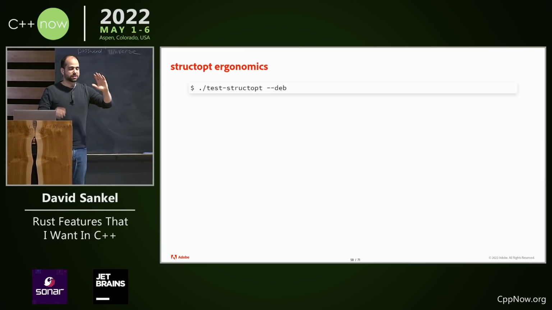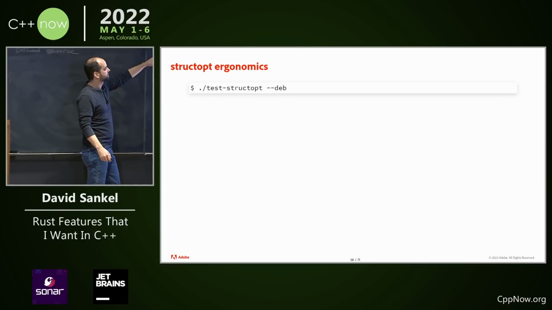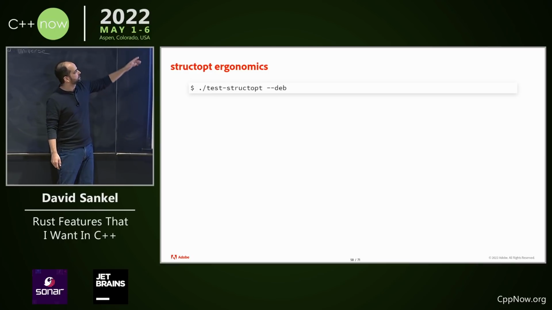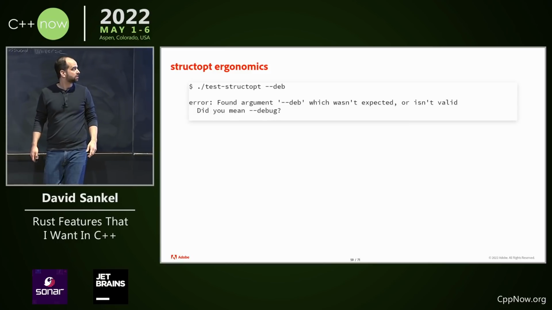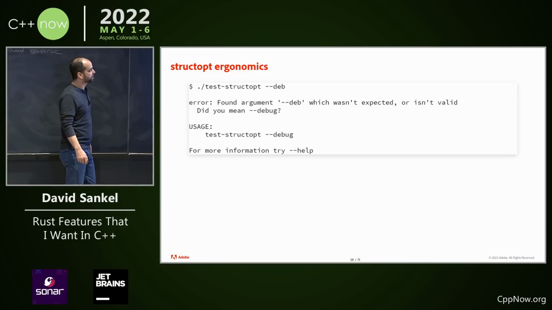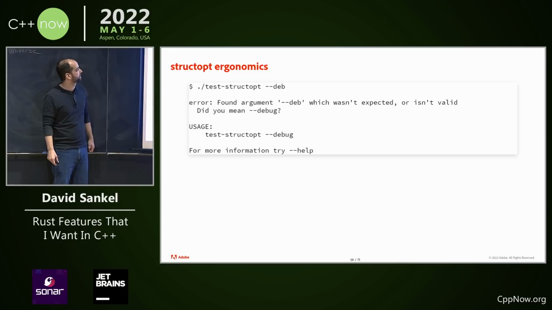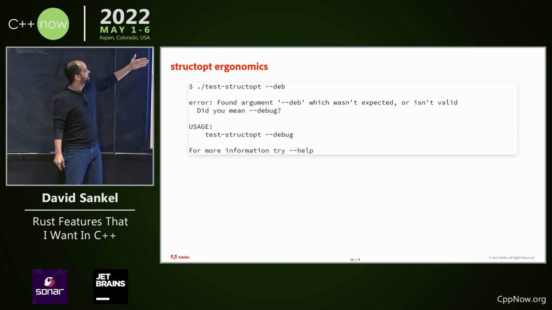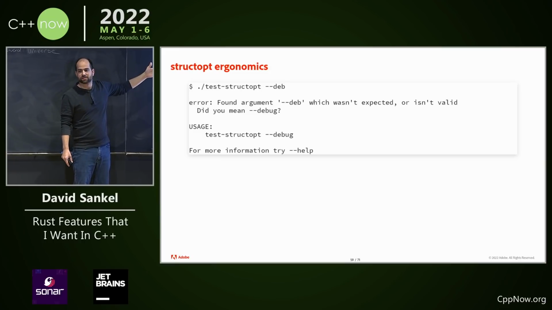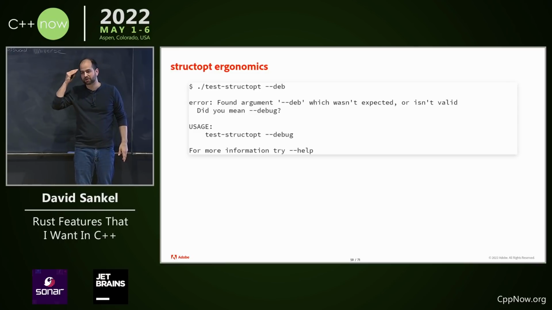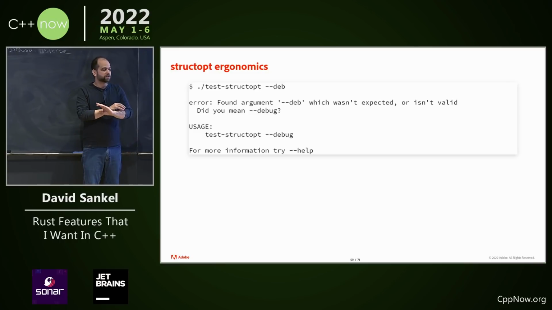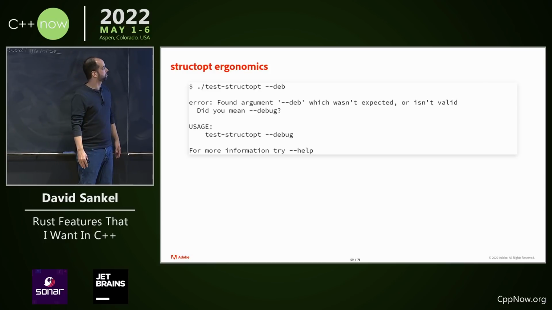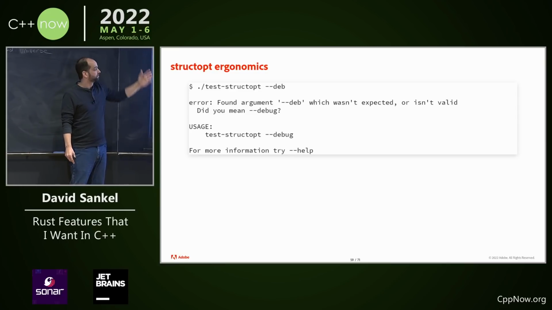They think about ergonomics through everything. So remember that example that I had, that structopt thing? I just tried it, I just put --deb. That's not correct. Here's what the output was: "Found argument --deb, which wasn't expected or isn't valid. Did you mean --debug?" And then it gives the documentation for --debug right below it. Why did they do that? They did that because they keep on thinking about ergonomics all the way through. So even if you're just any Rust developer, your programs are automatically better because you used a library which is ergonomic. Now your command line arguments handling is better, right? I think that's pretty sweet.